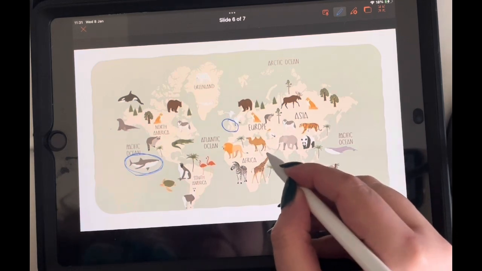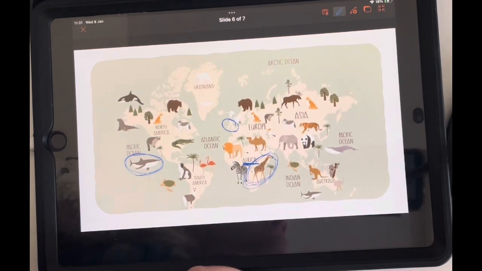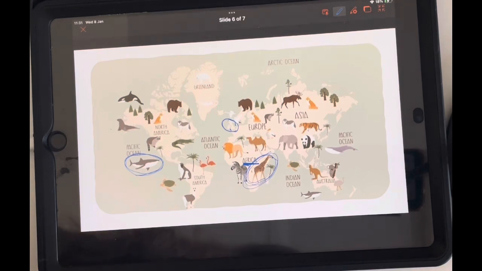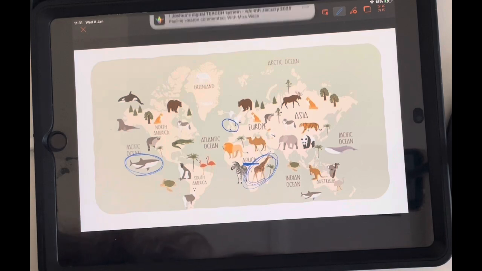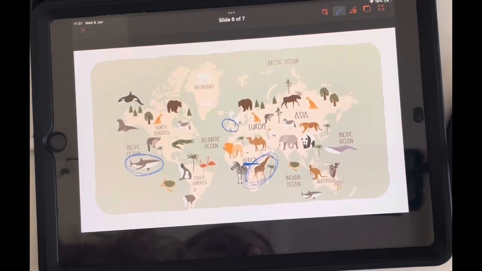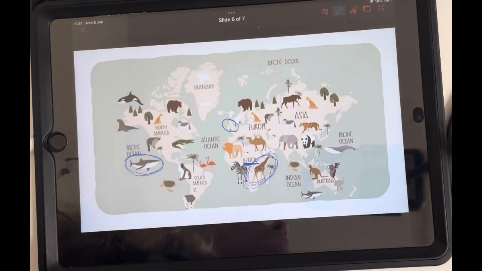What about this animal? So this is a giraffe, which lives in Africa. Why does a giraffe not live in our country? Well, a giraffe doesn't live in our country because we don't have the right climate and the right environment for a giraffe. Our country is very built up with houses and shops and things like that, whereas Africa have lots more deserts and jungles and things that a giraffe needs, lots more trees that a giraffe can eat from, and water that a giraffe can drink from in the pools. If you want to have another look at one of those, you can Google one of the animal maps